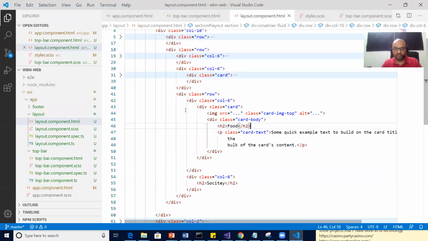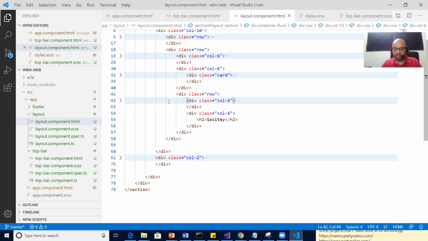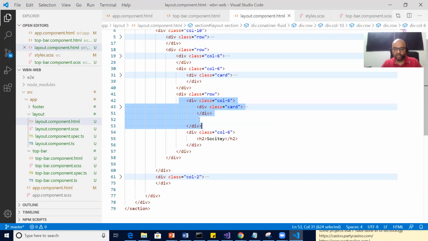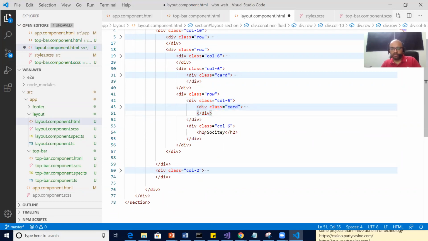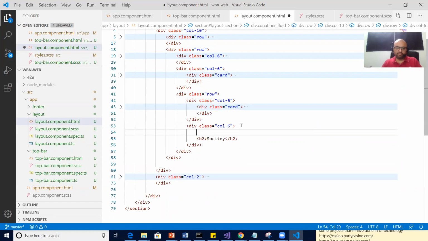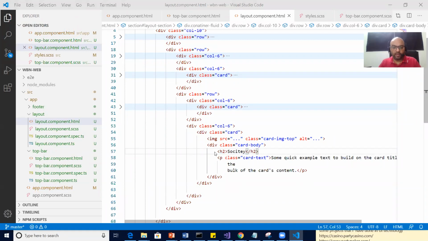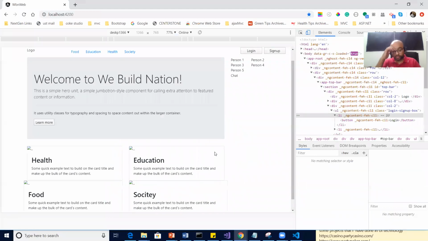Good, save, close the entire stuff, then copy, not the entire thing, only the card part, only the card, copy and paste it inside that. Now save it. Let's see now. It should be at its place.